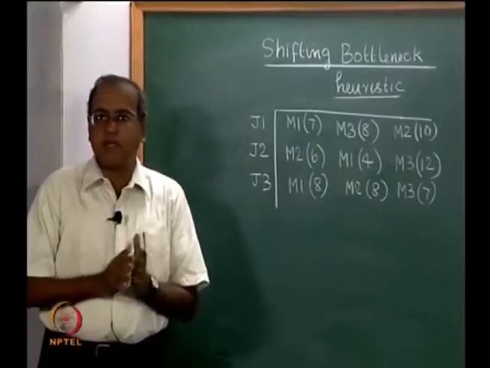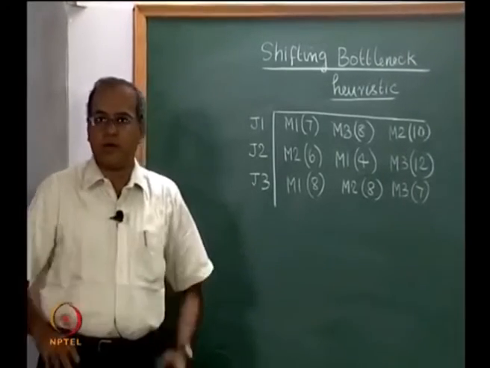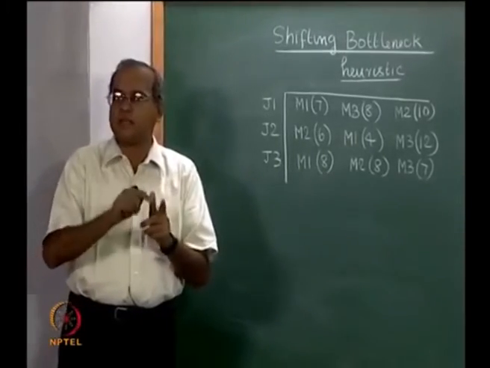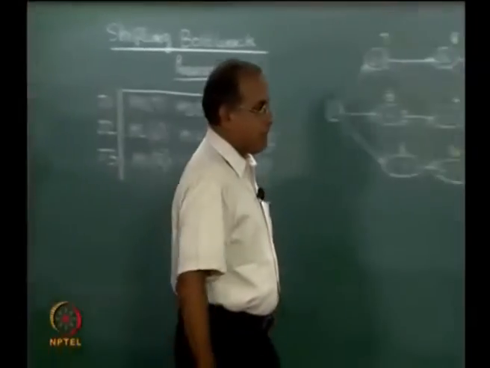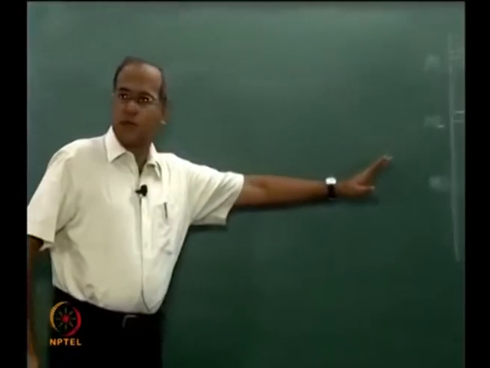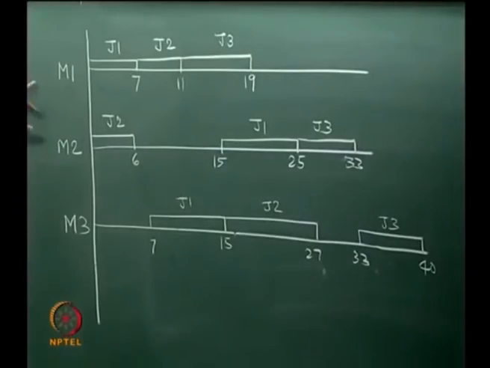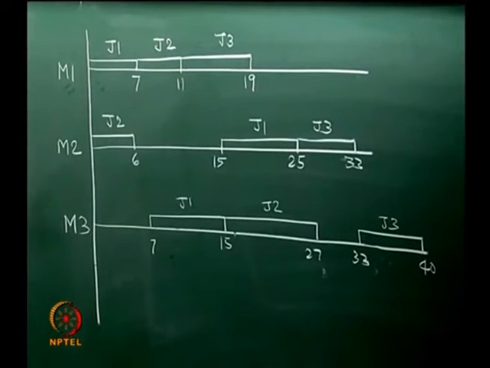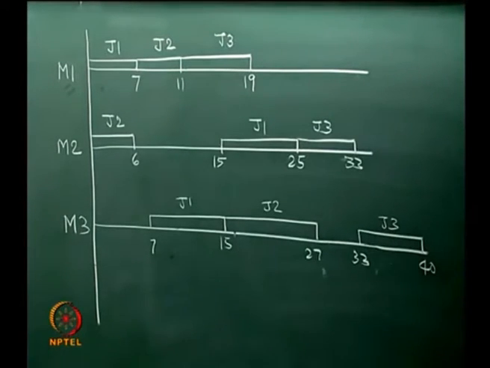So, a feasible schedule will require that each machine now treats the job visit in a certain order. For example, if we go back to the SPT solution, in this solution the jobs visit M1 in the order J1, J2, J3, M2 in the order J2, J1, J3 and M3 in the order J1, J2, J3. So, one other way of describing a schedule is to determine the order in which the jobs are going to visit the machines.